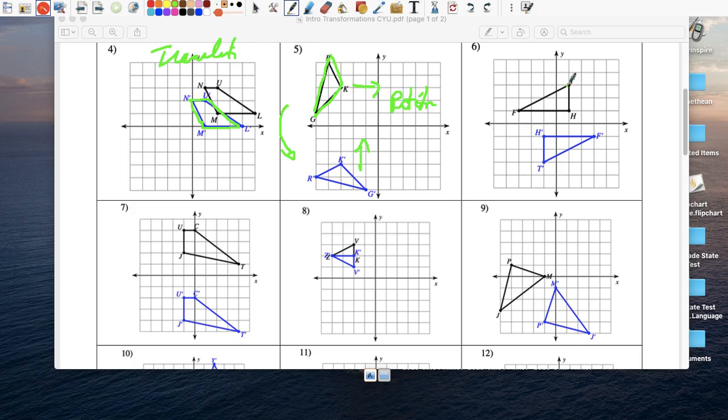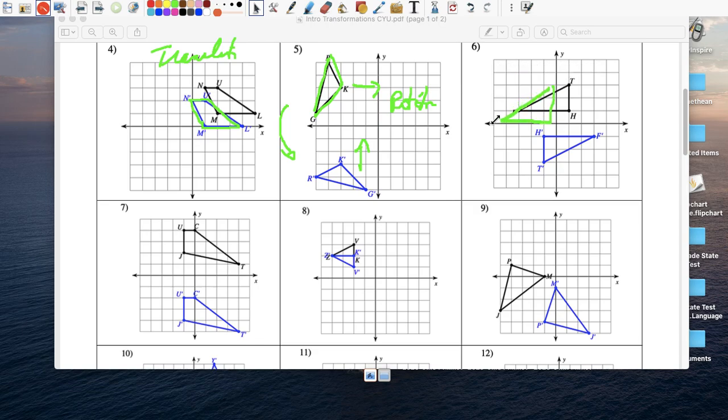Well, it's not a translation because there's no way for you to move this up and down. I'll take this triangle, move it up and down. So it just won't. It's not in the same direction. So it's not a translation, but it is a